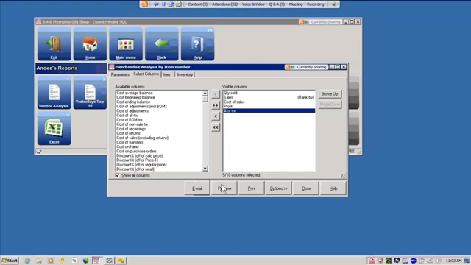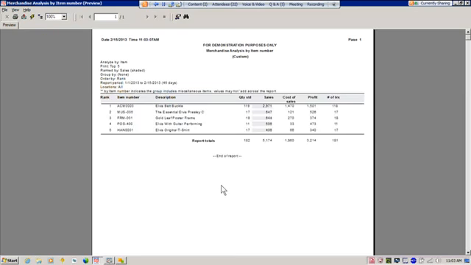And let's go on and review the report again just so you can see how I changed it. So this time I want to get my top 5 items. So I can see that my Elvis belt buckle is my top selling item so far this year, with my CD being second, my poster frame being third, and so on and so forth. Here across the top, you can see the columns, and you'll notice there's not one called profit percent because I took that one off,